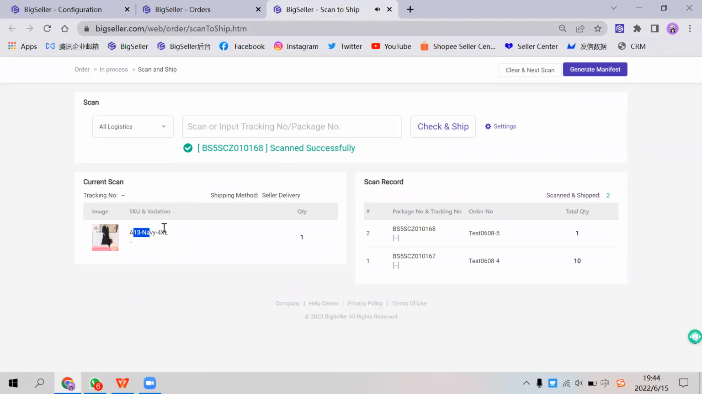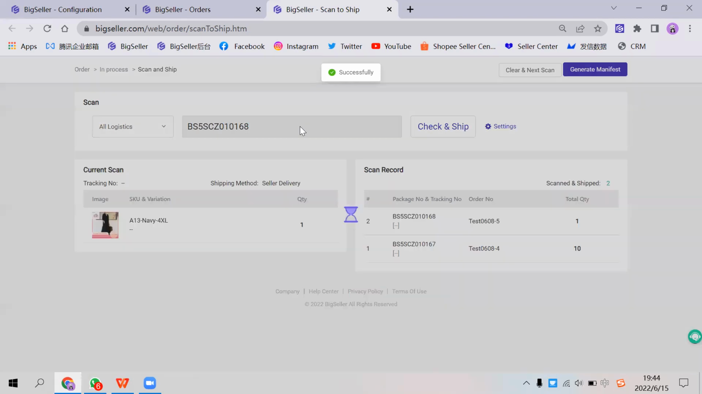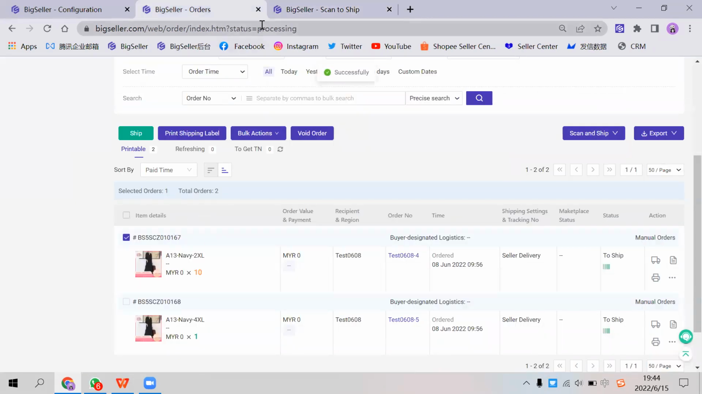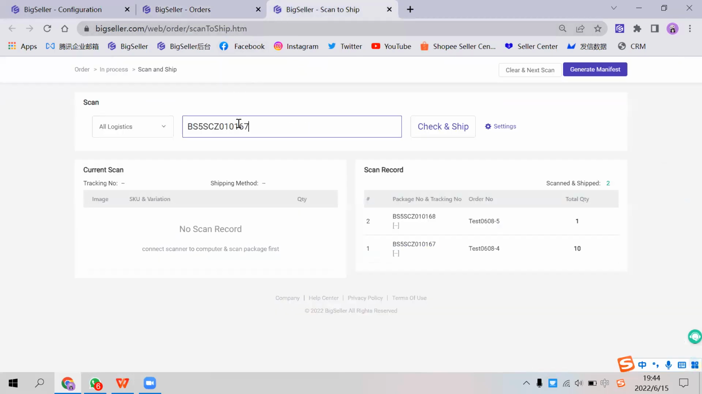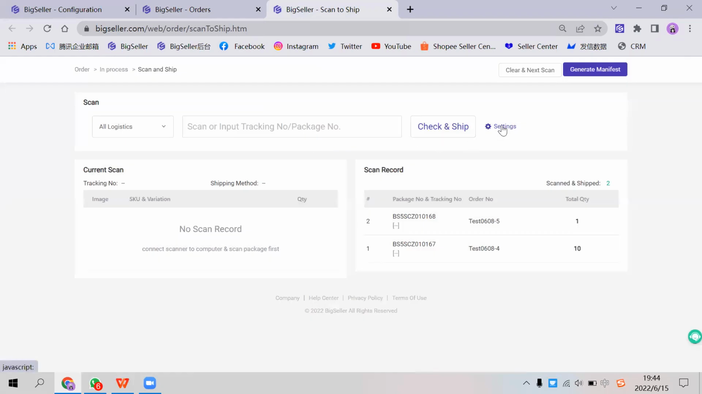First time I scan, sorry, I didn't set it. Oh, no more orders. Anyway, if you set it as 2 times,